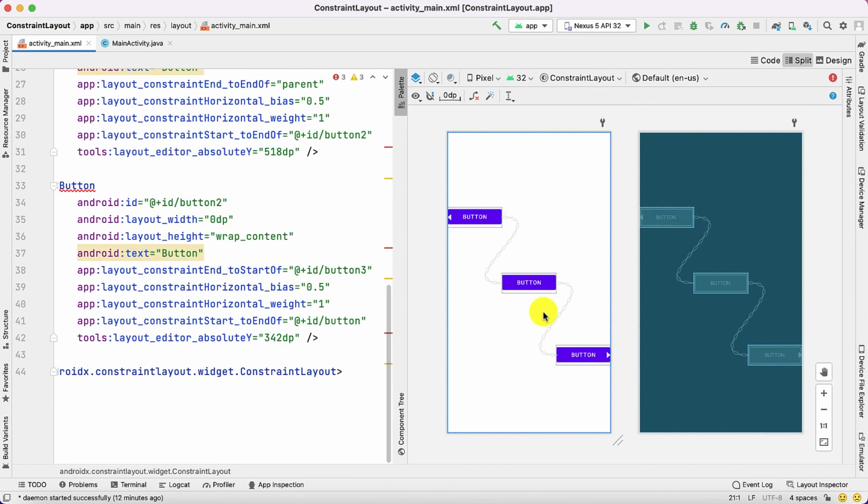So this horizontal and vertical chain are also very important in our constraint designs, right? So thank you for